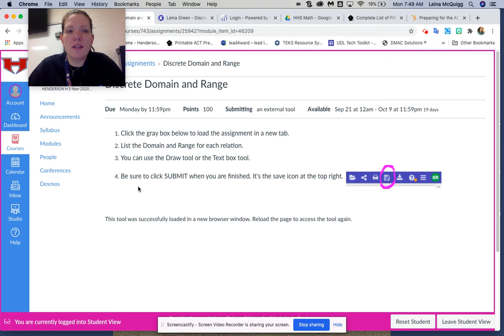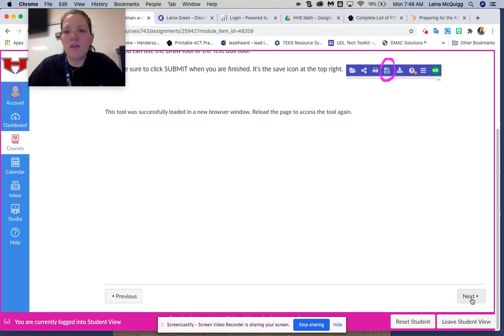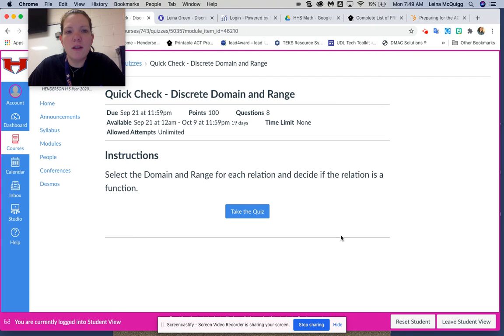And then the next thing you need to do is an exit ticket. So after you finish that, you can come down here and click next or quick check. And I want you to take this little